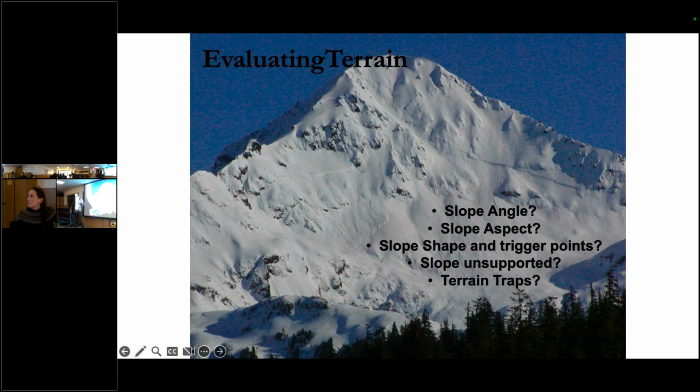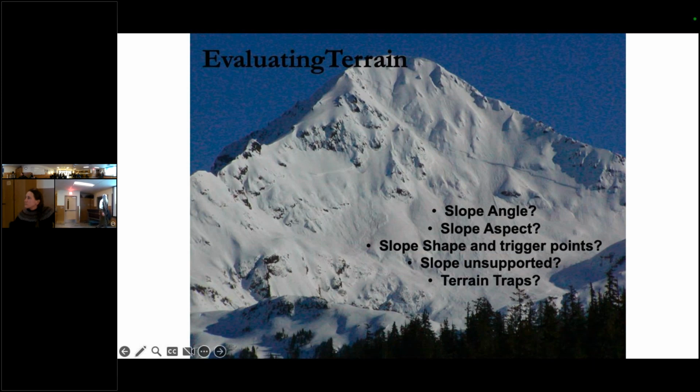When you think about trigger points, typically the shallower the snow is, the more likely a human is to affect that weak layer. And so you think of spots where there's rocks sticking out or trees, you know, sometimes you can't see that it's a shallower spot. So it's good to know your slope before it even snows.